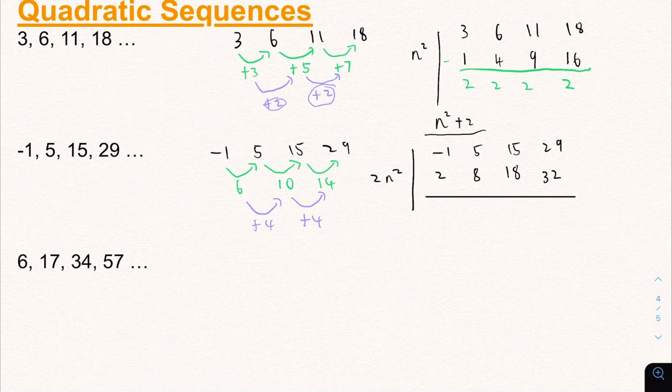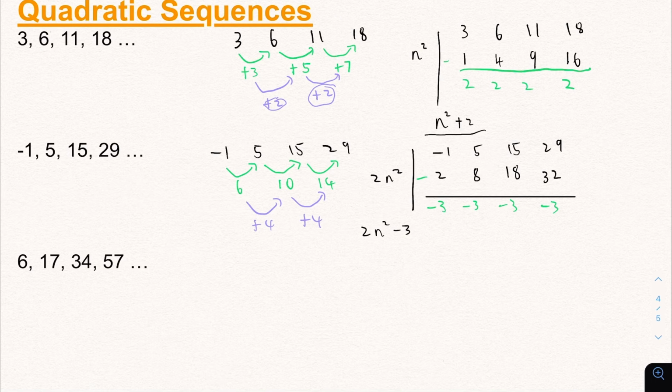And basically you subtract them again, and you should get -3, -3, -3, -3. So that means that your sequence for the second one would be 2n squared minus 3, which basically means that the n would be 0. So 2n squared plus 0n minus 3, pretty much. But because it's 0n, you don't write the n. Alright, so